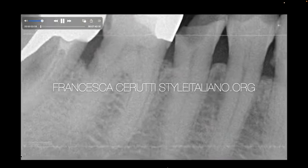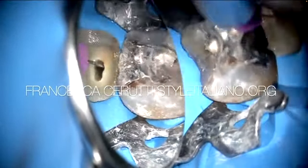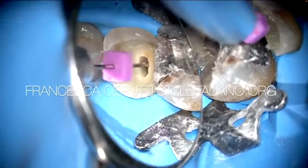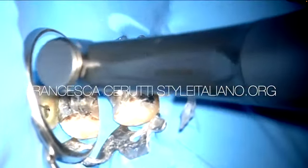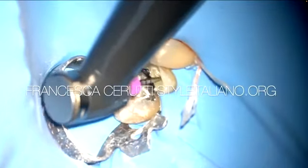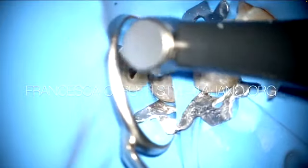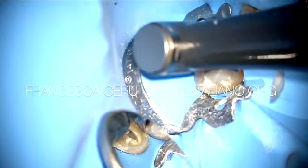Here is another case that is treated with the essential kit by Francesca Italiano Endodontics. It's a regular case because it's a second lower premolar with just one root and one root canal, and the root canal has no particularly pronounced curvatures, so I'm confident that I can treat it with the normal protocol. I removed the decay, did a pre-flaring, and then I went to the working length with a number 10